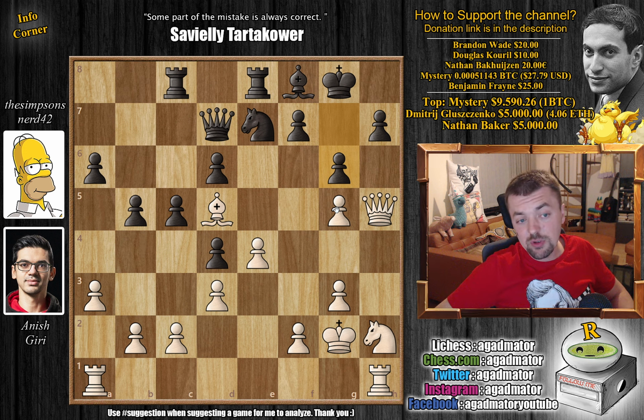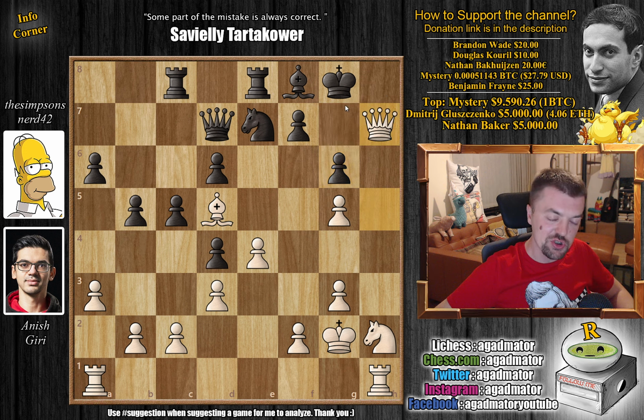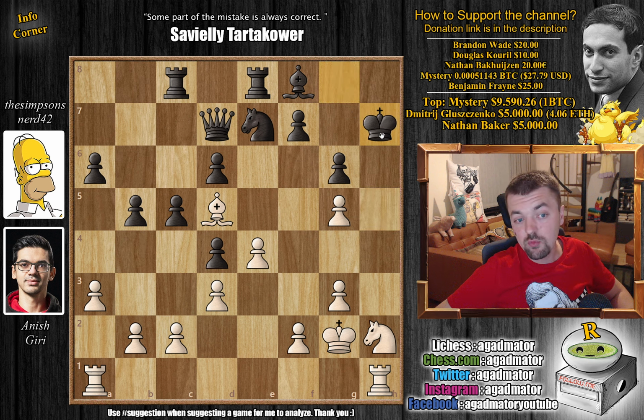So for those of you who were able to do it, congratulations on spotting the idea. As we did mention in the beginning, this whole thing was about the queen sacrifice, and for those of you who just want to enjoy the show, it is of course queen captures on h7. And it seems hard to really pinpoint what's going on, it's actually really crushing. So king captures queen is the only move here, and now of course knight to g4